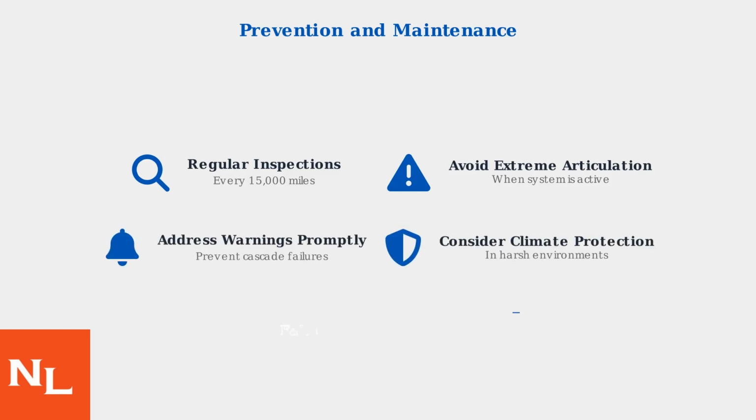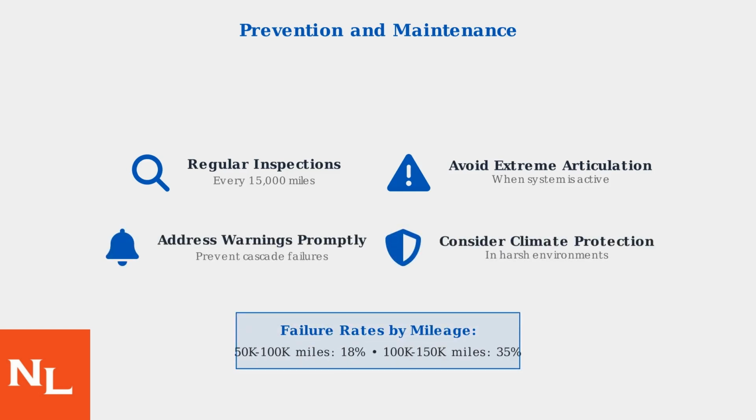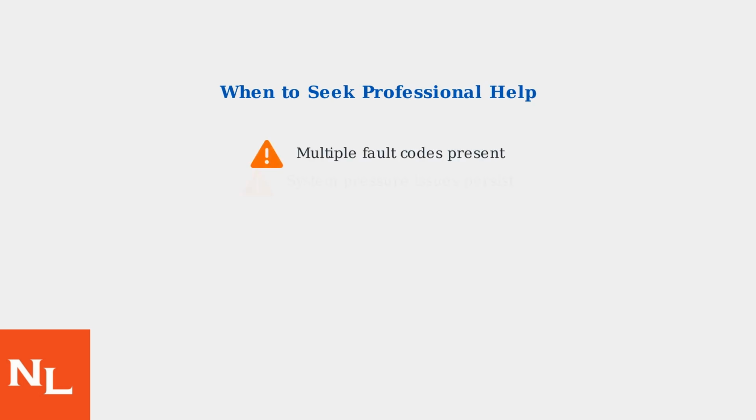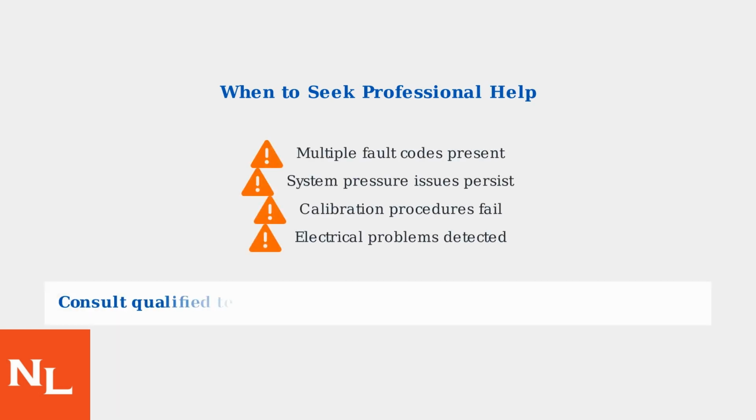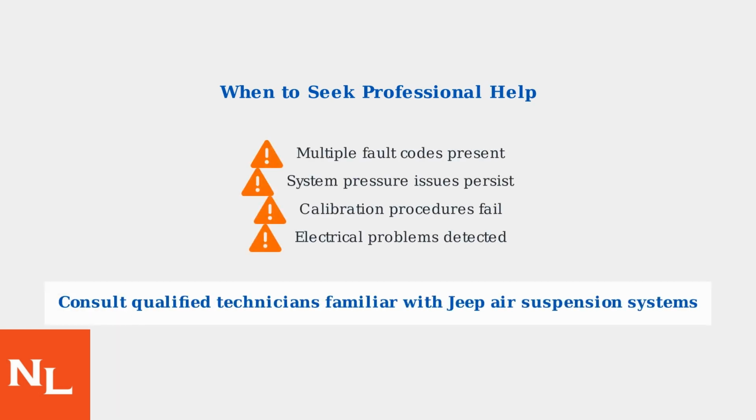Regular inspections every 15,000 miles can catch problems early. Avoid extreme off-road articulation when the air suspension is active, and address warning lights promptly to prevent more expensive cascade failures. While some air suspension maintenance can be performed by experienced DIY mechanics, complex electrical issues and system calibration often